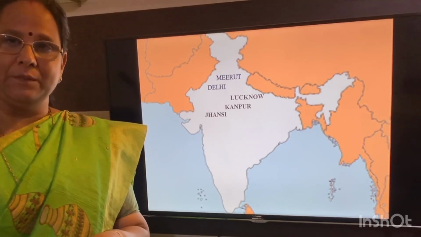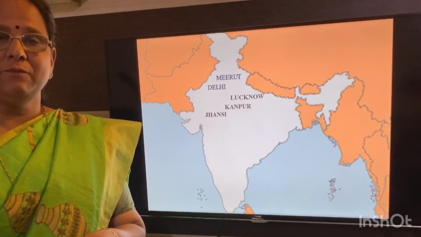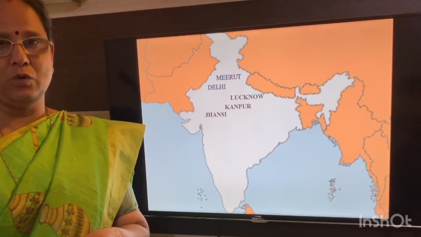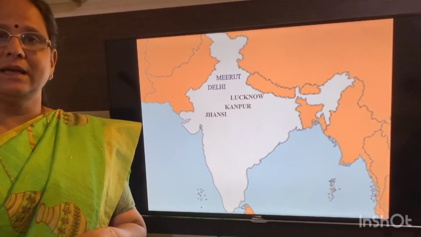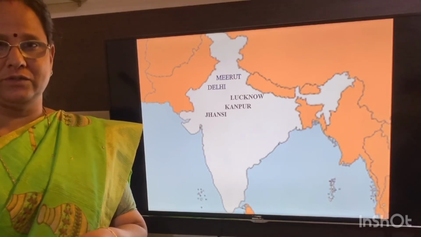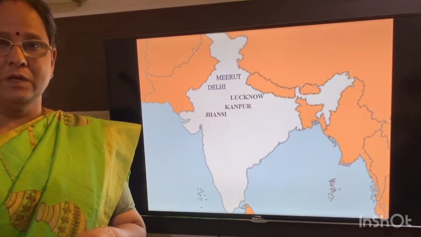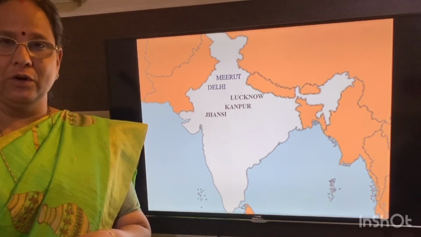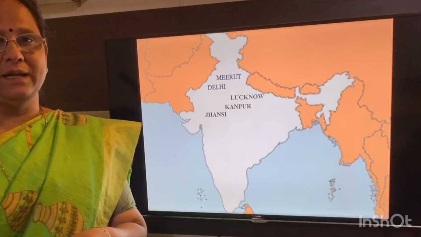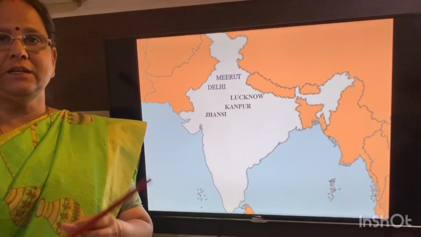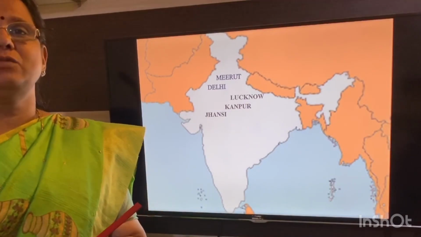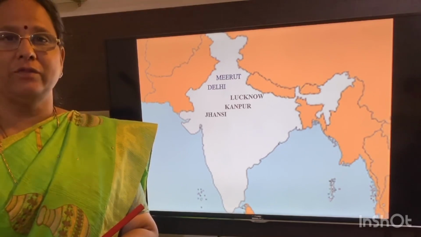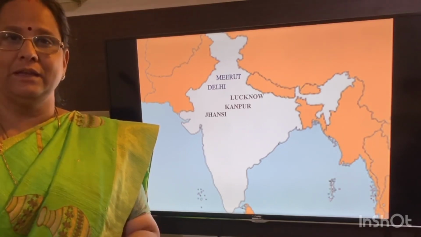Next one after that, Kanpur, Nana Sahib. Nana Sahib was ruler of Kanpur. He was assisted by Tatia Tope. Later, Nana Sahib was defeated by the English. Last, Jhansi. Jhansi was ruled by Rani Lakshmi Bai. She conquered Gwalior and was defeated by the English. So this clearly shows that India lost the First War of Indian Independence. Now we will learn the reasons for the failure of First War of Indian Independence.